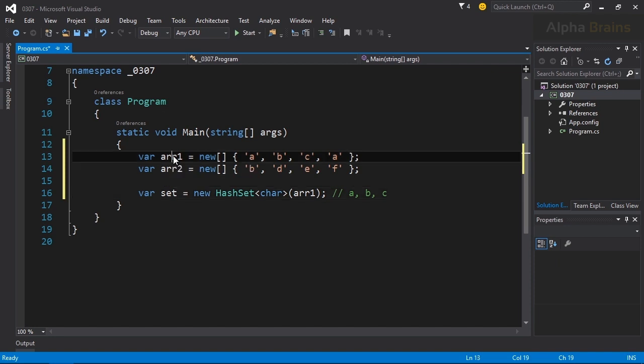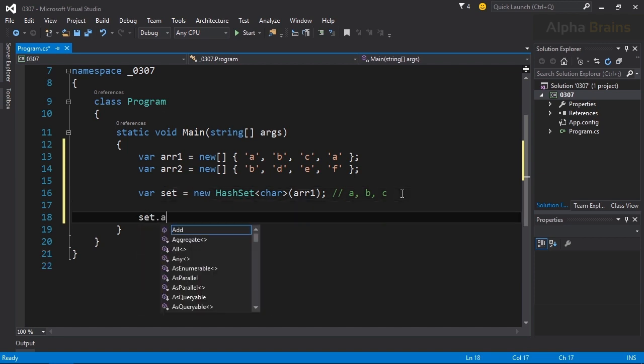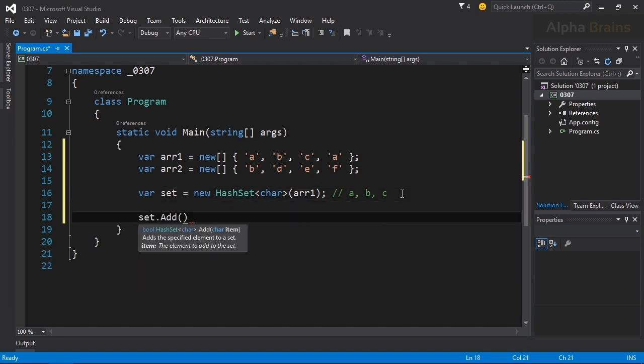It's not going to change our existing array. That is still there with A, B, C, and A. But as far as the set is concerned, it is only A, B, and C. Now you can add items to a set with the add method, and you're not going to see an exception if you try to add a value that is already in the set. It's just not going to add it because that value is already there. So even after calling add at this point in time, we are still going to have a set with A,